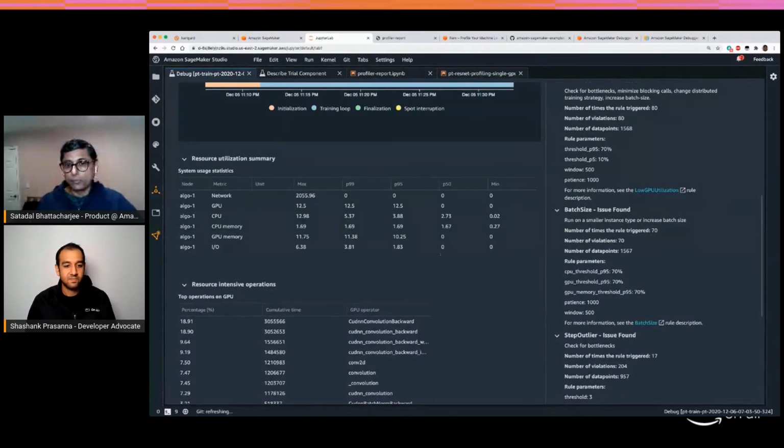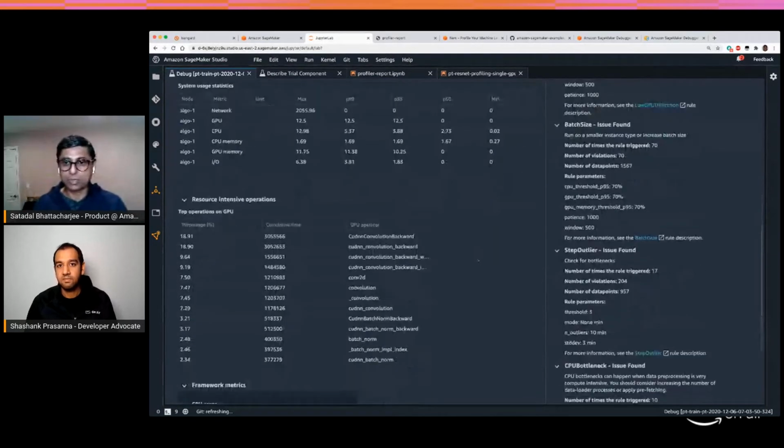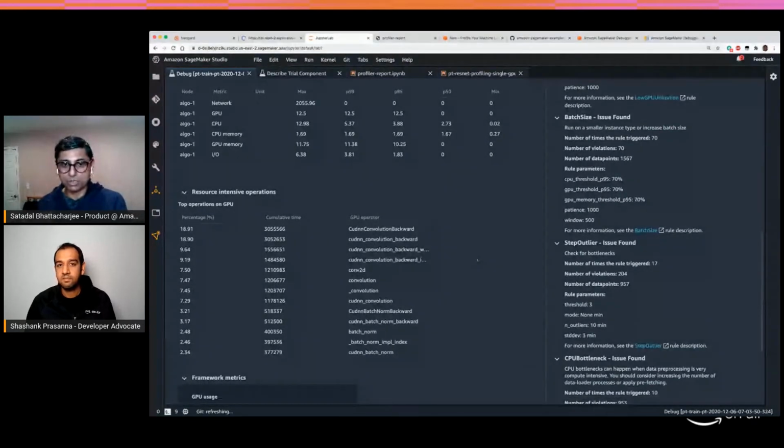Now, if you don't go with the default system resource utilization, you can configure the profiler in your script to say that, hey, I want to collect what we call framework metrics. The framework metrics are basically where we start looking at which operations executed from your training script and how much CPU and GPU time did it take, right? So you get a much more granular view of your training job and the individual functions that executed, which machine learning operations they used. So you will know at a quick glance